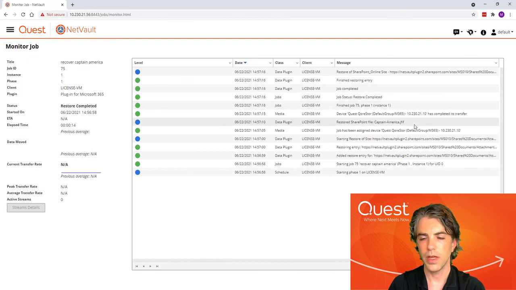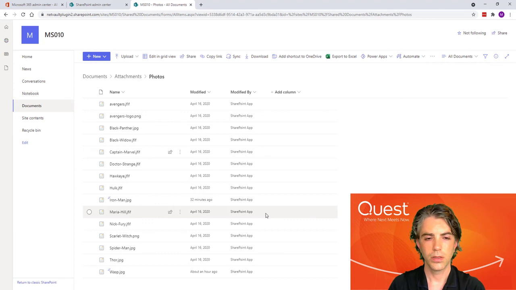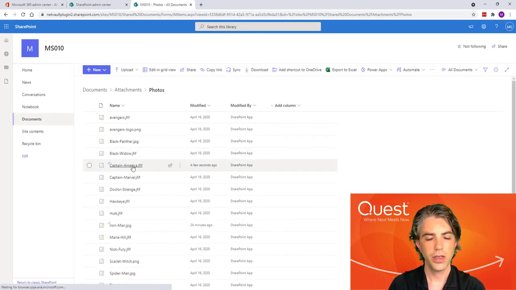And the restore has now completed. We refresh our directory. There is our recovered Captain America file.